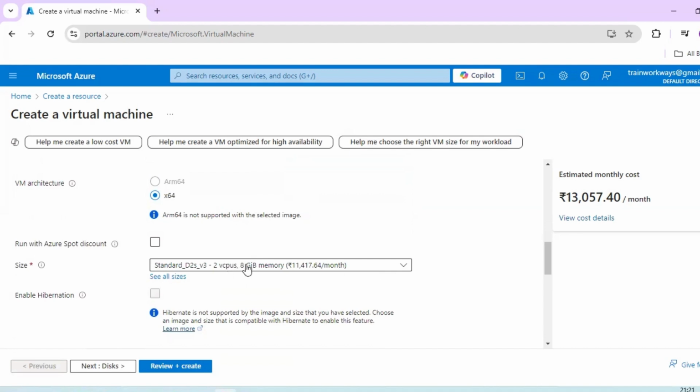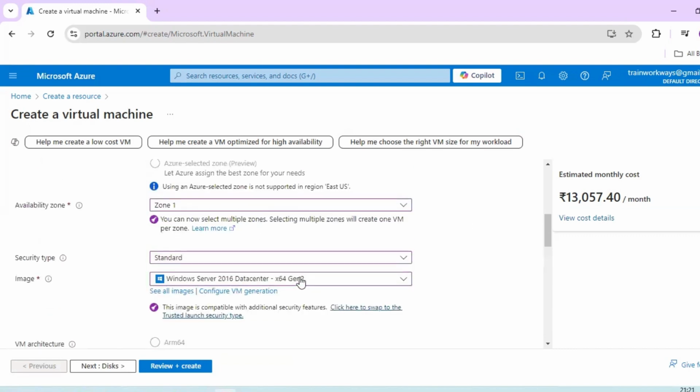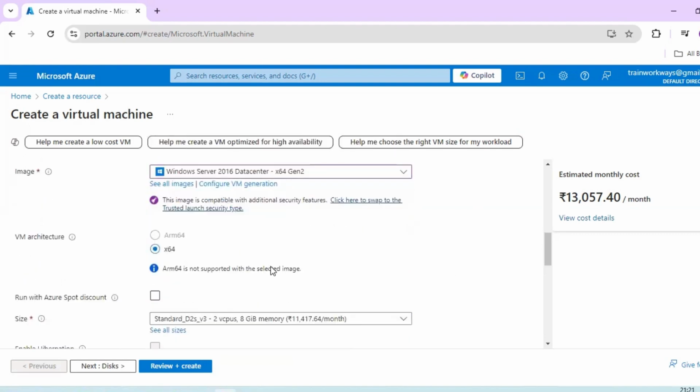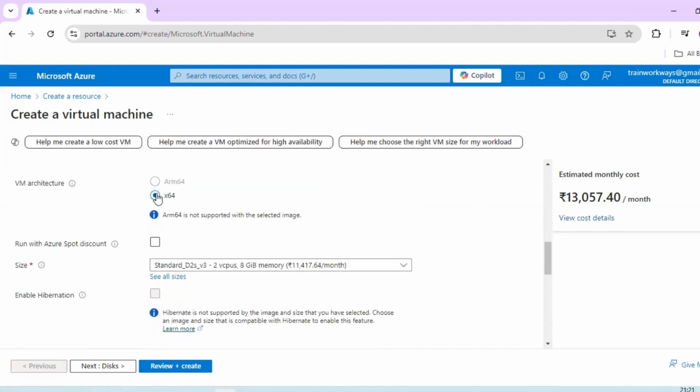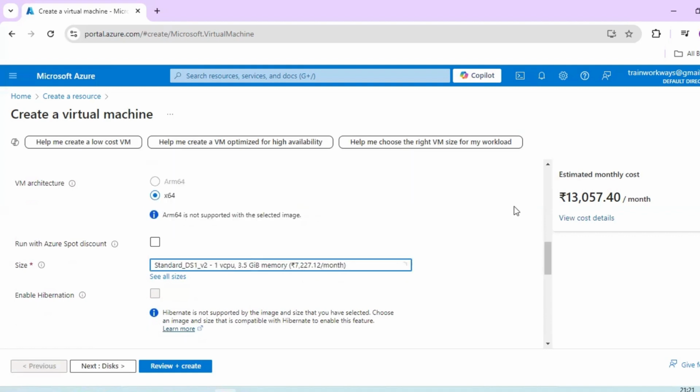Depending upon the image selected here, it is 11,000, which comes with 2 cores of CPU, 8 GB memory, and standard disks, for this much money, guys. So if I change to another one, the amount should reduce for me. Now it is 2016 and standard. For my image, I can select virtual machine architecture 64-bit. If I select this one, the amount is going to reduce. Wow, it is now